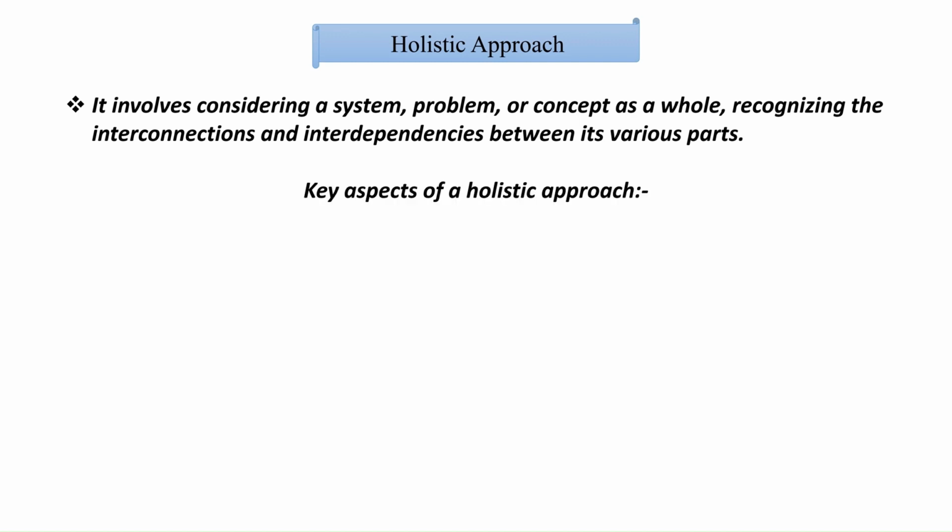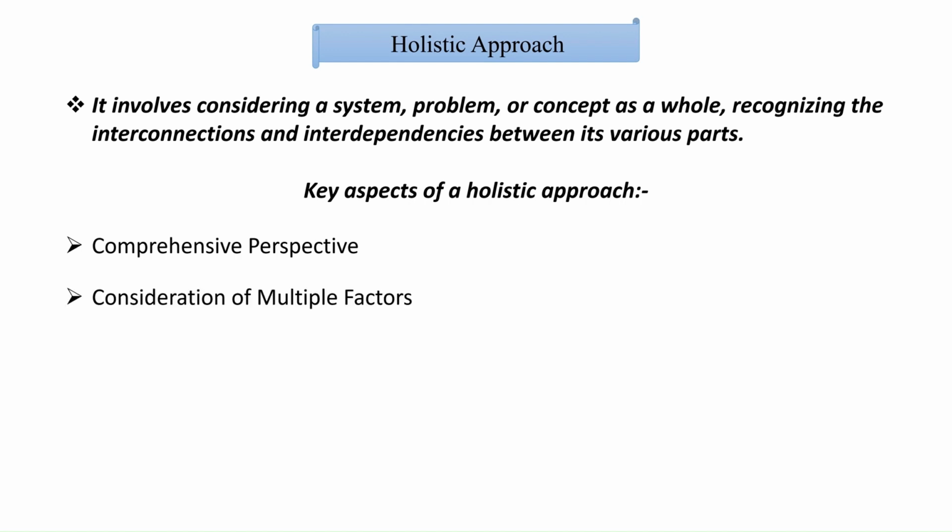The key aspects of a holistic approach include comprehensive perspective, viewing a situation in its entirety, acknowledging the interconnectedness of its components and how they influence each other; consideration of multiple factors, recognizing the impact of various elements such as social, cultural, environmental, and economic factors on the overall system; integrated analysis, emphasizing the relationship between different parts of the system and understanding how changes in one area may affect other aspects; interdisciplinary understanding, drawing insights from different disciplines to gain a more complete understanding of the issue;